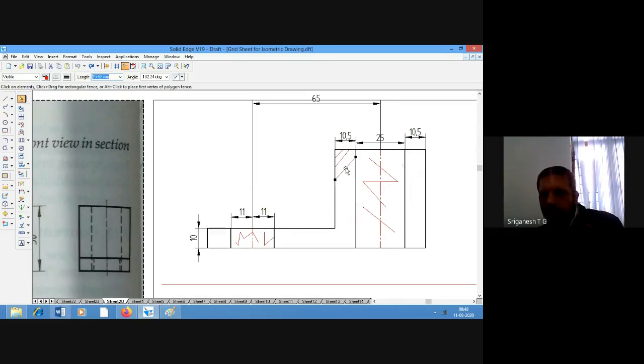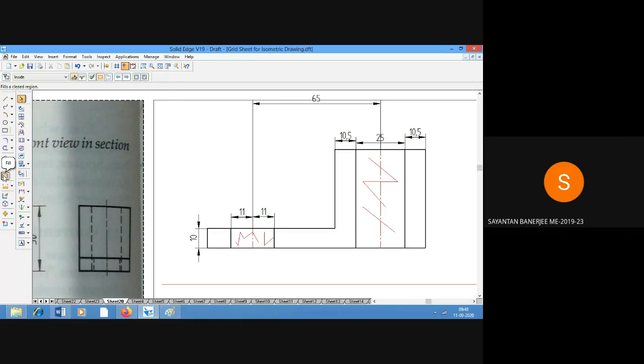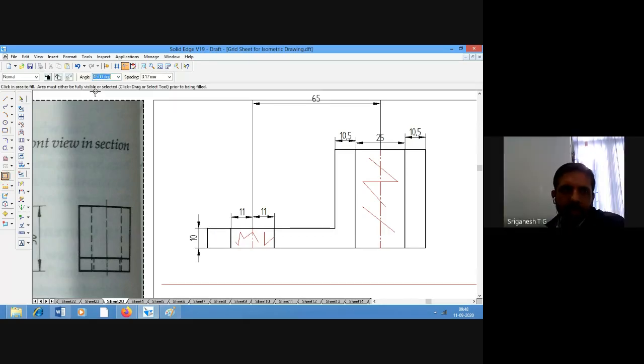Now how do we do it on the system? Doing this hatching on the system is very easy. Just go to here, fill. There is one option called fill. Can you see that? Yes, sir. Click on that fill. You will get the angle over here on the prompt bar at 45 degrees. Spacing, it will take approximately.